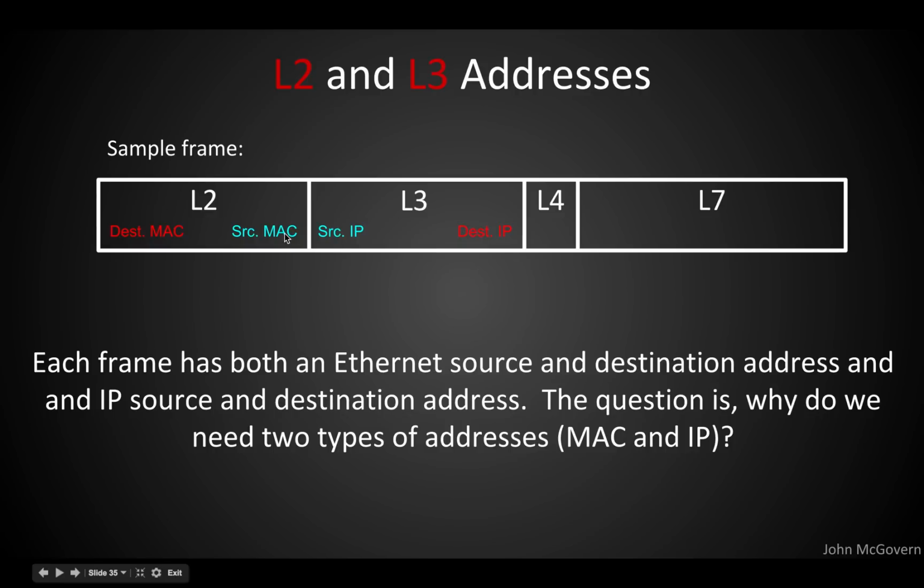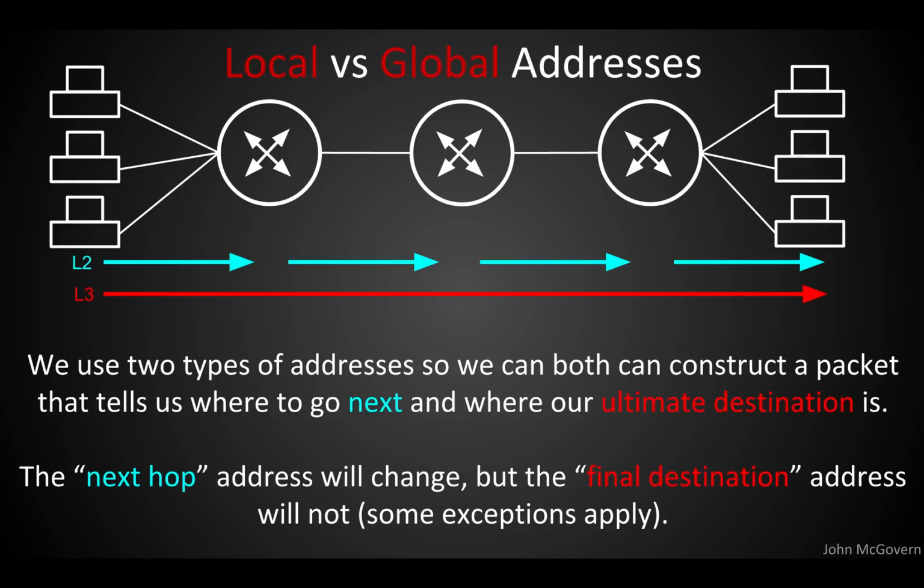This is how a real packet will look. You'll see a layer 2 portion and a layer 3 portion. Now there's more in these portions than just the source and the destination. That's how they're written, by the way. In the layer 2, the destination comes first. There's more in the packet that we're not seeing, but we're simplifying it right now. But why do we need two sets of addresses? That's kind of weird. Well, let me introduce the concept of